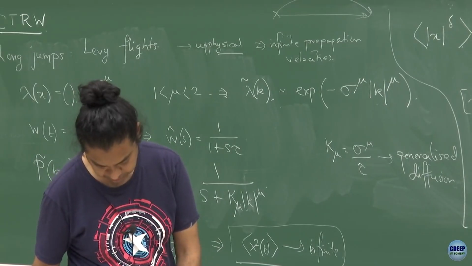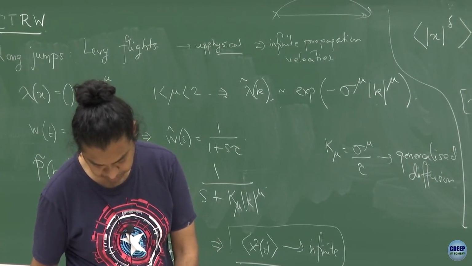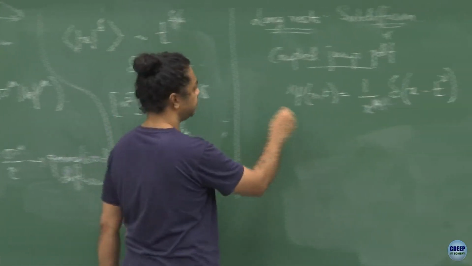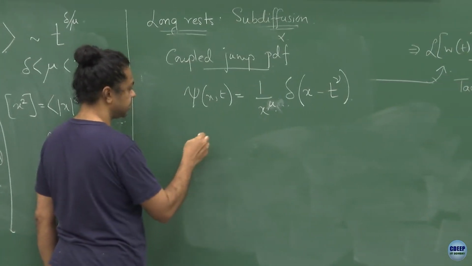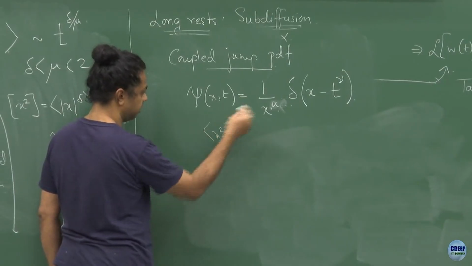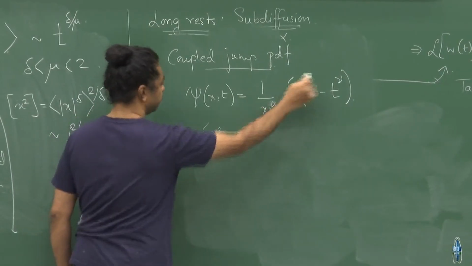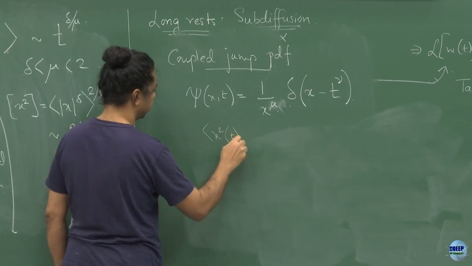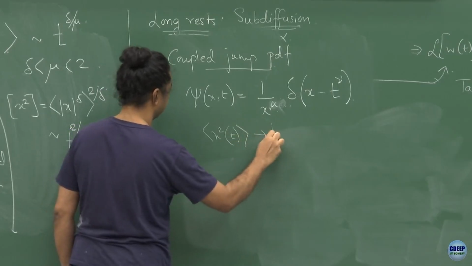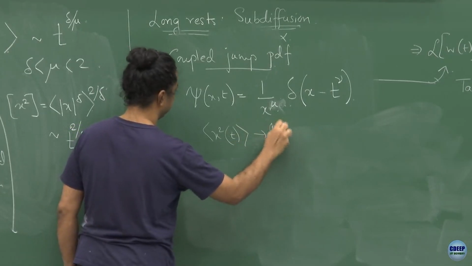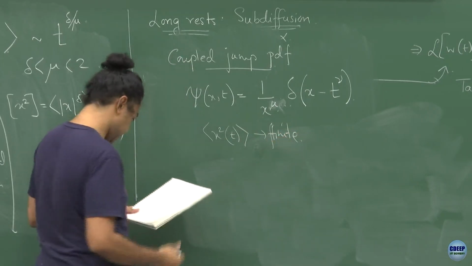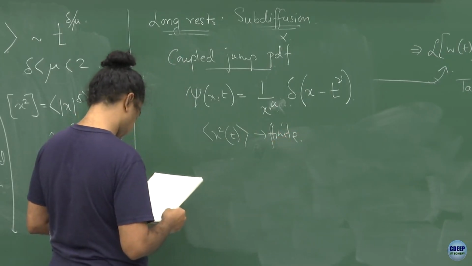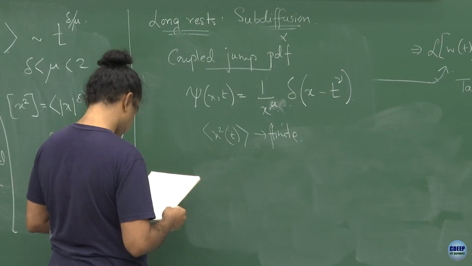For example, in this case, if you start with this jump PDF, you can show that in certain cases, depending on what this mu is and what this nu is and so on, you can get finite x square of t. So, you can get finite MSDs, and these MSDs, for example,